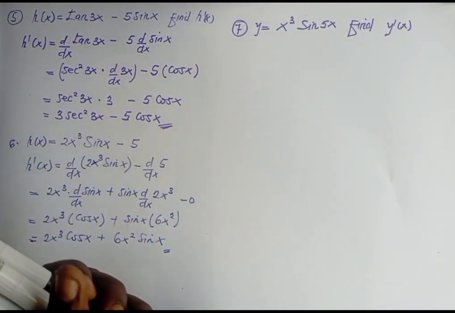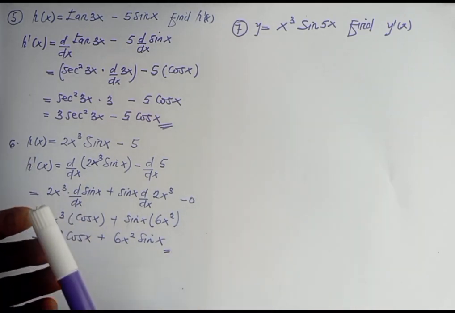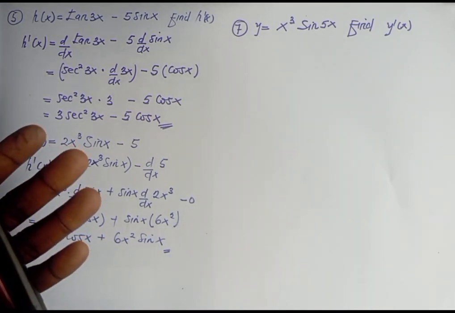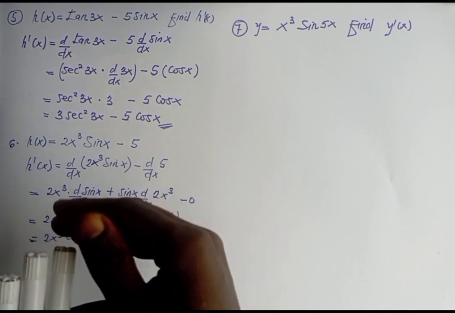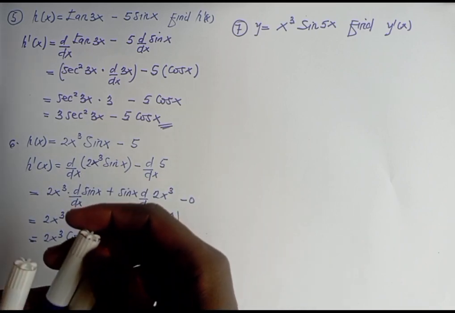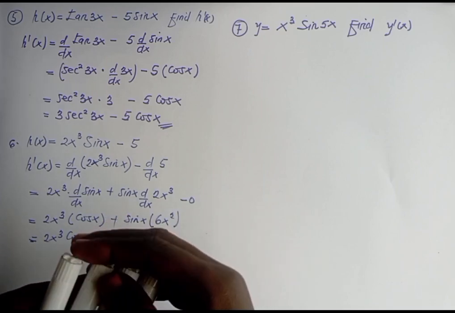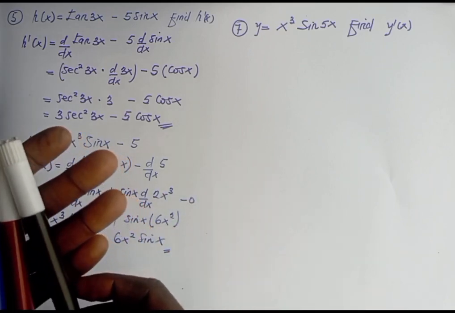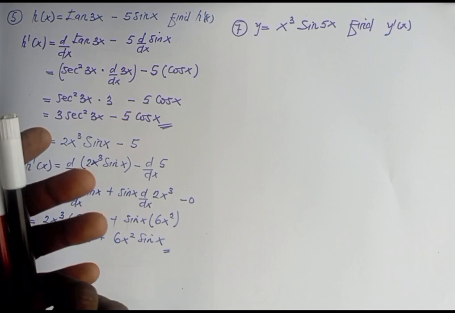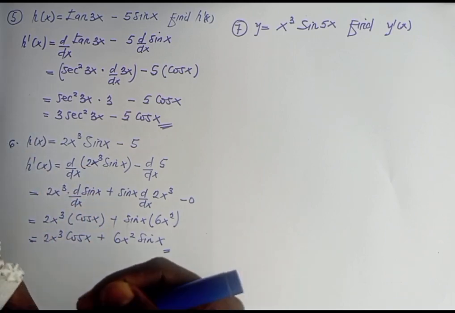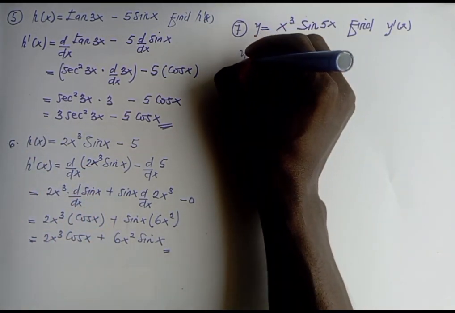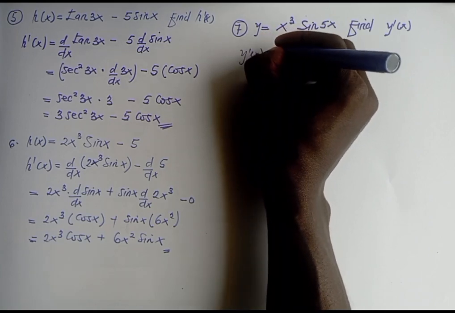So how are we going to find the derivative of this particular trig function? So we have two functions multiplying. We have the function of x cubed and the function of sine 5x. So we are going to apply the product rule. So the product rule says that our derivative y prime at x,